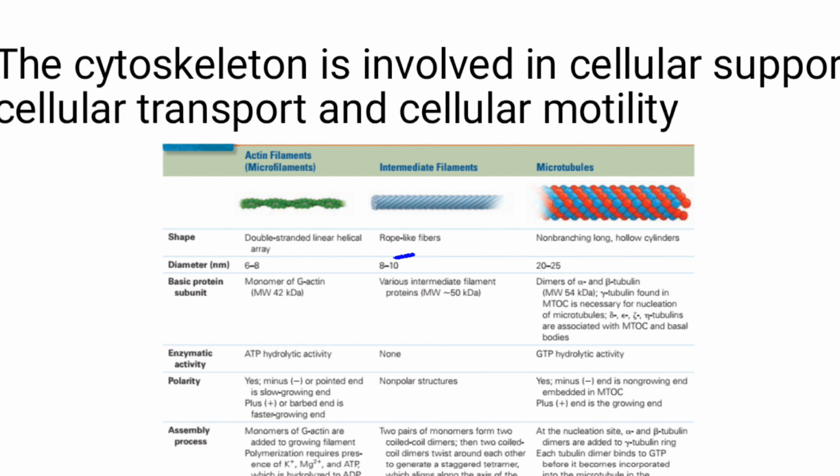Now, in the body, because it's always in a state of dynamic instability, one of the things the body does is it stabilizes actin filaments using proteins. And actin filaments are typically found just underneath the plasma membrane. So just underneath the plasma membrane, in most cells, you have a shell of actin filaments tied together in a